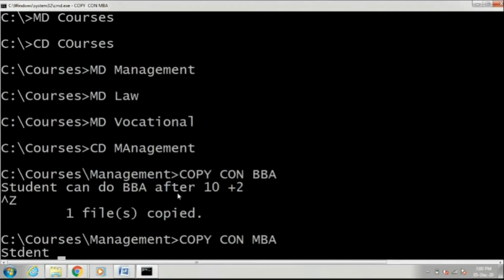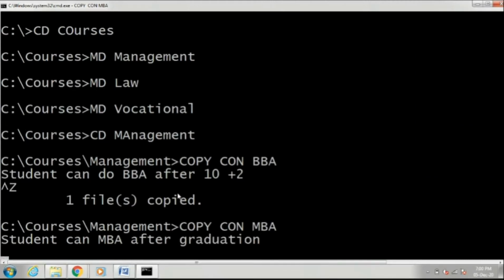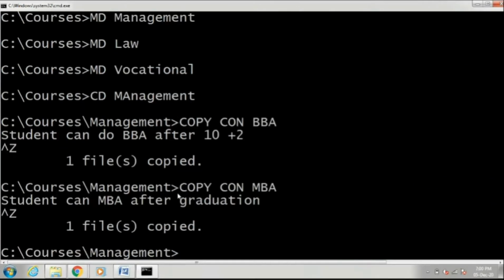Student can do MBA after graduation. Again, in order to save the content, Ctrl Z and enter. This file has been copied in the management subdirectory.